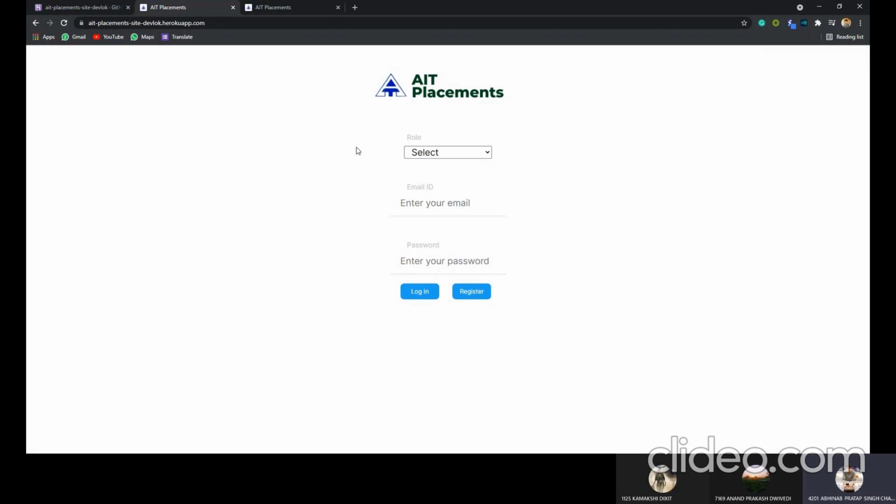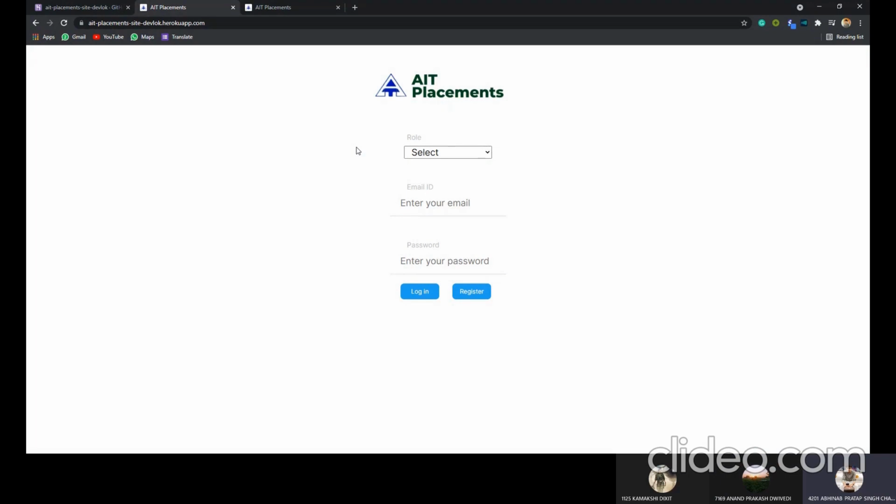So as of today we are going to show you the site that we made for Devloop Web App 2 Track, the AIT placement site, which took us around 15 days from designing to writing the code and debugging it. Everything was done in 15 days. We learned a lot and we did a lot. Now we are going to discuss how we made it, what was the thought process, what was the idea that we had, how we made the whole site in 15 days and what we learned.